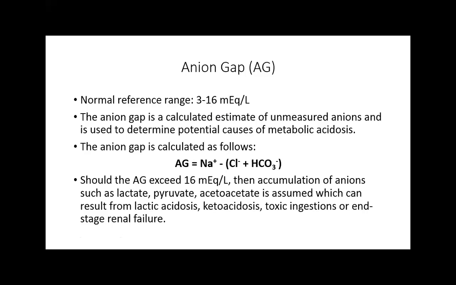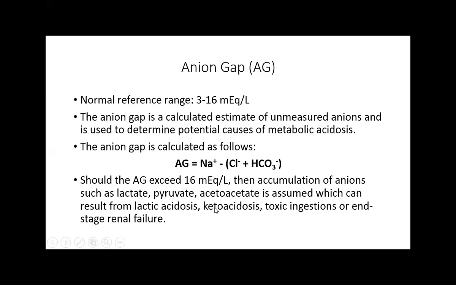That difference should be 3 to about 16 milliequivalents per liter. If it exceeds that, then that suggests there are other ions in there that very likely are impacting pH. And so things like lactate,